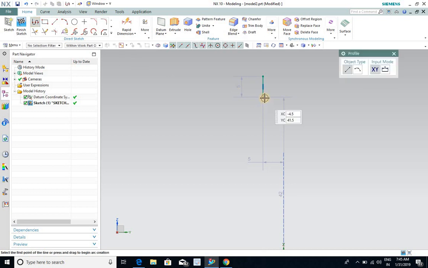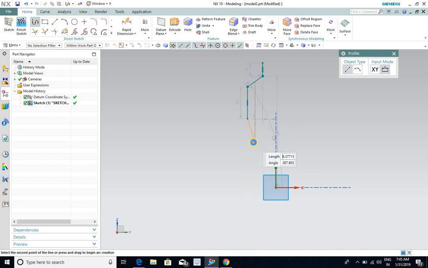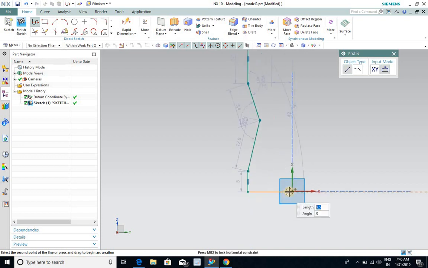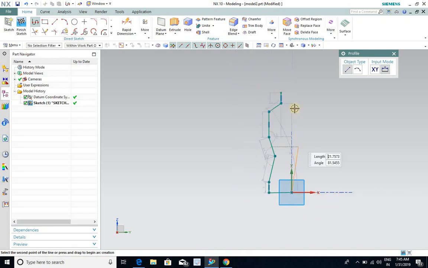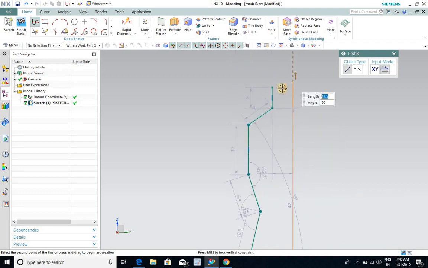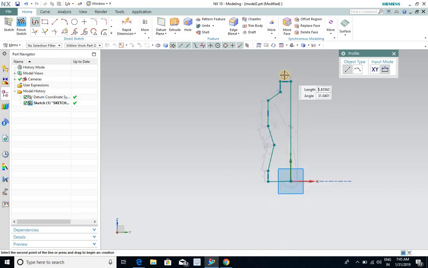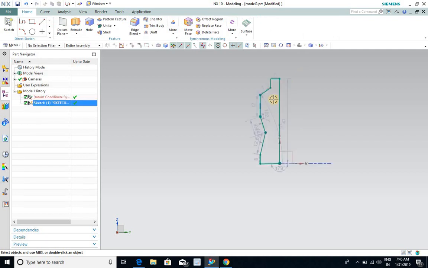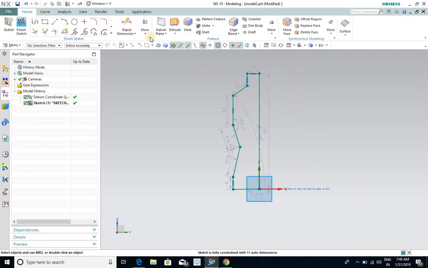I'm selecting this profile option. Suppose this is a quarter of the bottle.